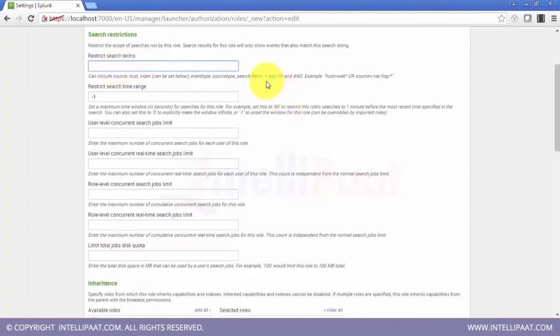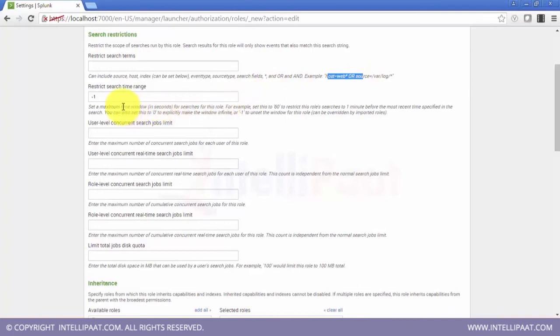You can use boolean terms such as and, or, and you can always mention that this is the host, or this is the source type that he should not be accessing. So here you basically restrict a user to some specific portion of Splunk. You are basically customizing the access of the user.